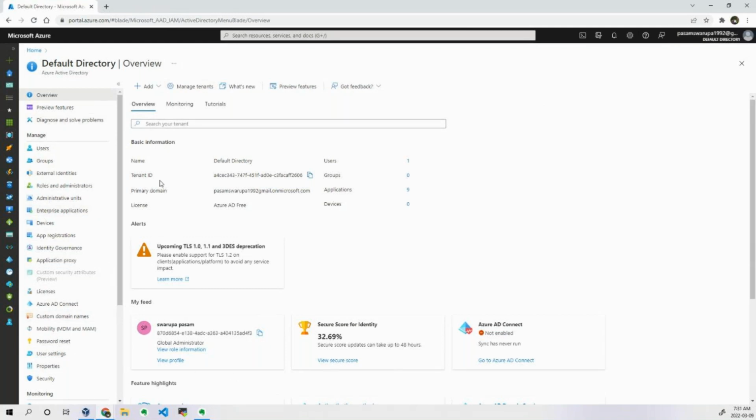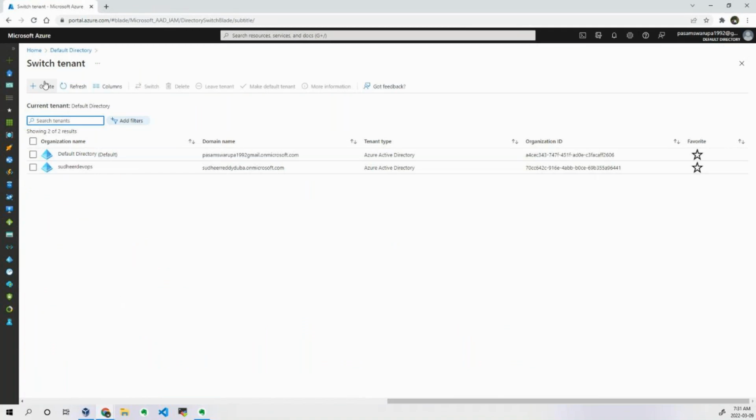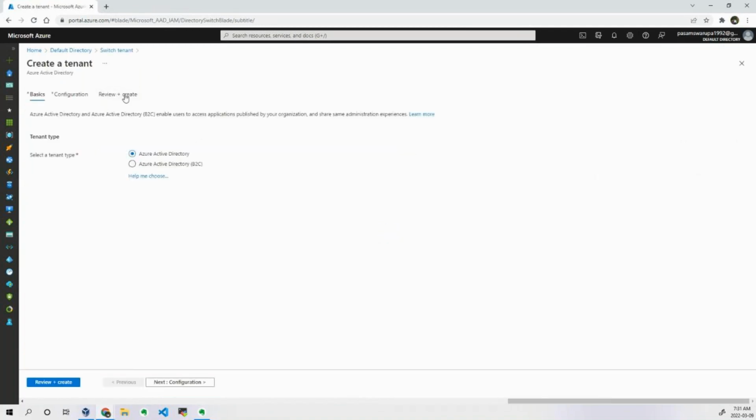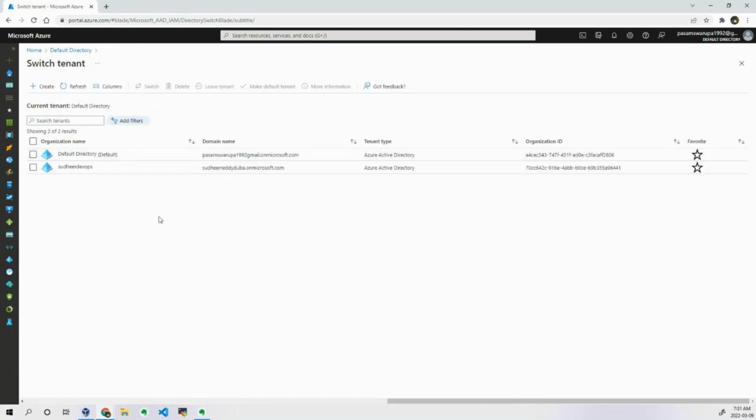It is up to you whether you want to create multiple organizations or maintain a single organization. Or one particular client might have multiple organizations, small companies, in the sense child companies. For that, he wants to maintain separate authentication and authorization mechanisms and other things. Then you have to create an additional tenant. How did I create it here? Everybody can create one. If I want to create a tenant I can create it from here. So this is called an organization. This is the additional tenant which I have created.